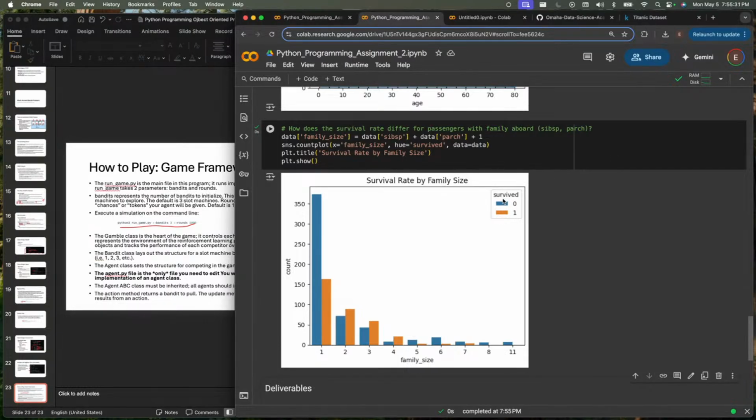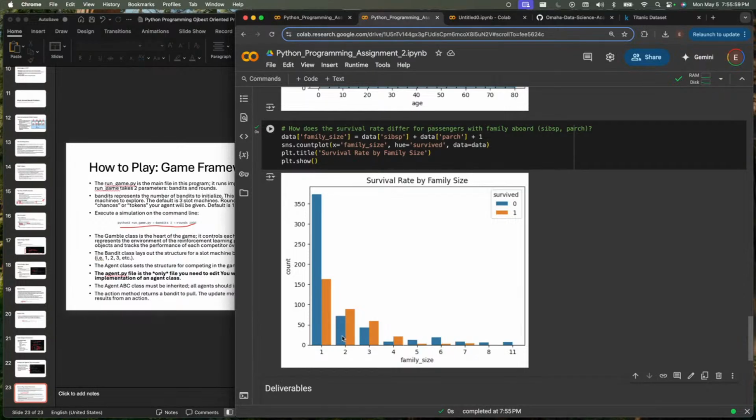So here, we again, blue is did not survive. If somebody's really good at plotting, maybe you could make these colors more interesting. So it looks like survival is our orange bar here. And if family size is one, you have a high likelihood to not survive. The blue bar is higher than the orange bar.